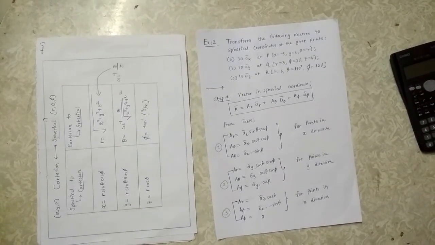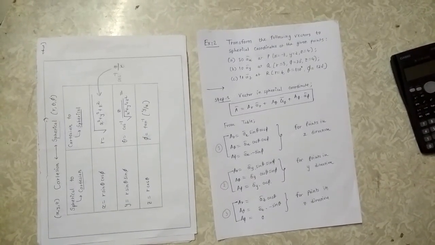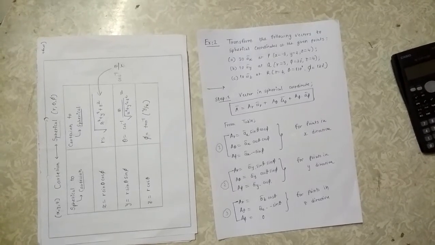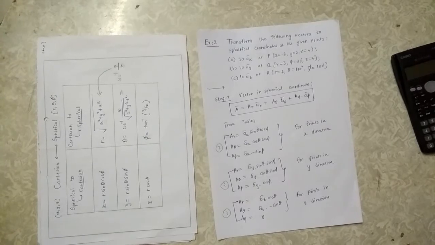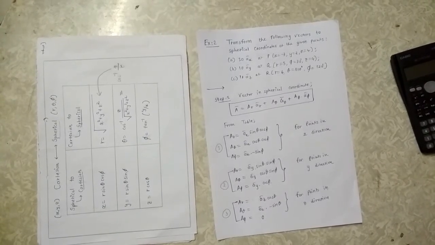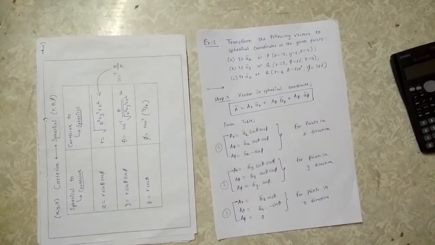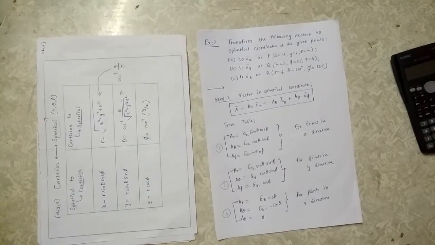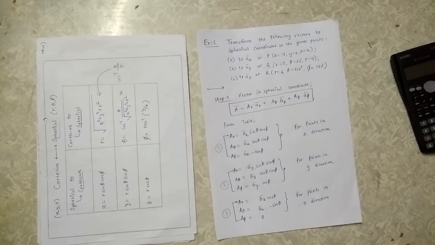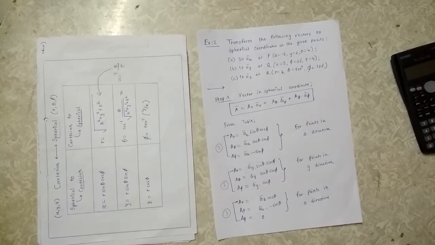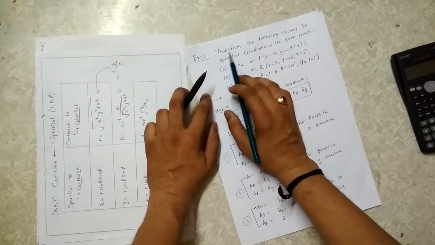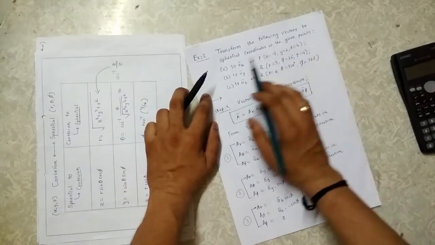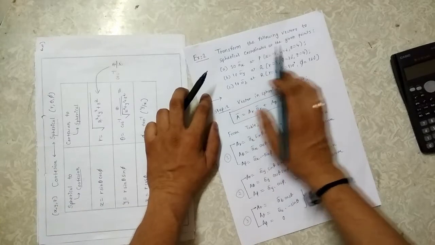Hello everyone, today we will calculate one more example of conversion between coordinate systems. In the last example we have already calculated the conversion from Cartesian to spherical and Cartesian to cylindrical coordinate systems. Now, in this example they have asked us to transform the following vectors to spherical coordinates at the